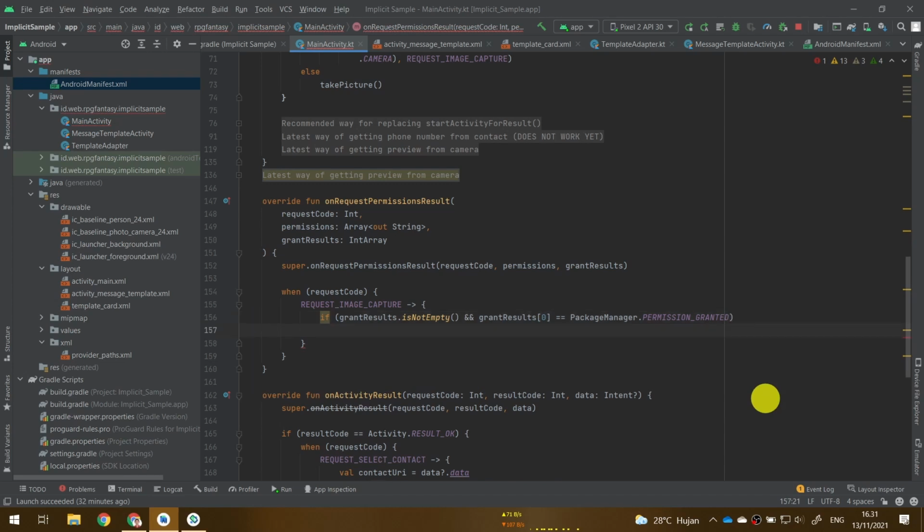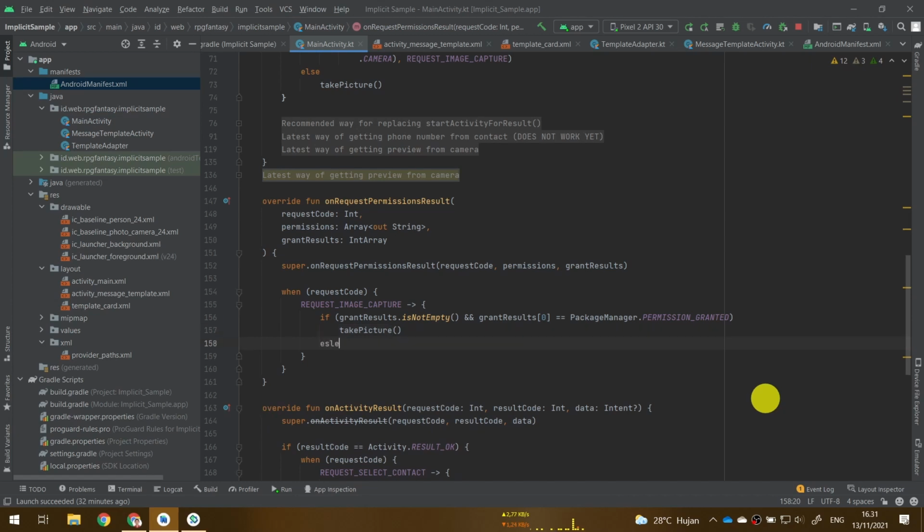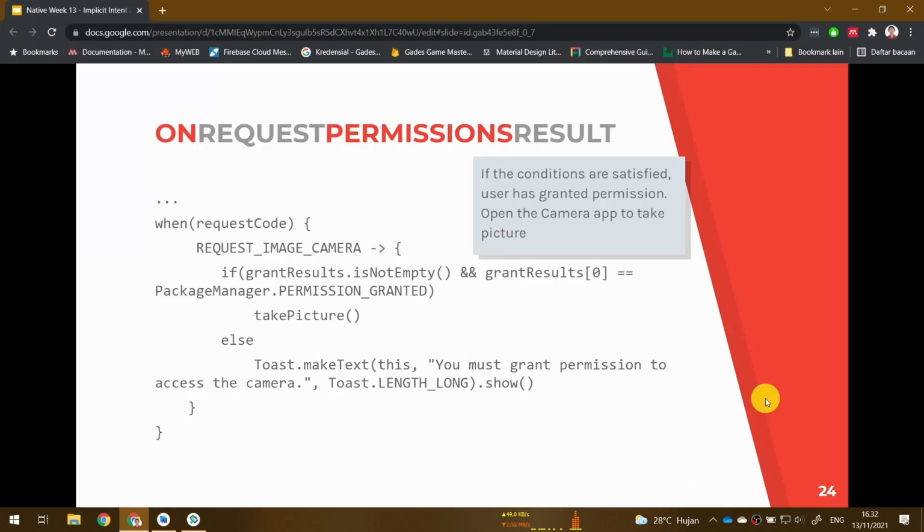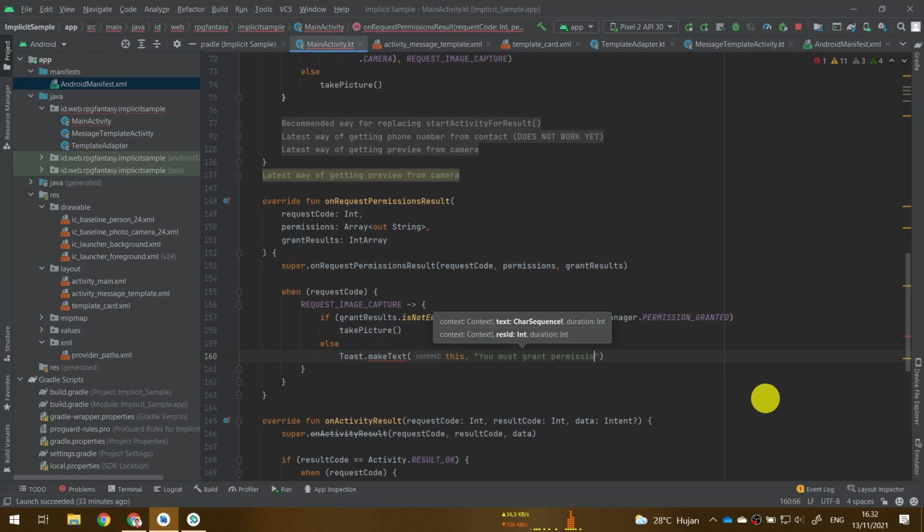So if the user grants permission to our application, then we simply call the take picture function, but else we will give a toast. The content is, yeah, it's safe to provide this: You must grant permission to this app to use camera.